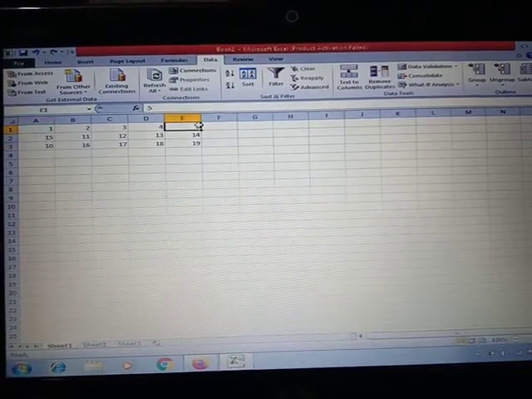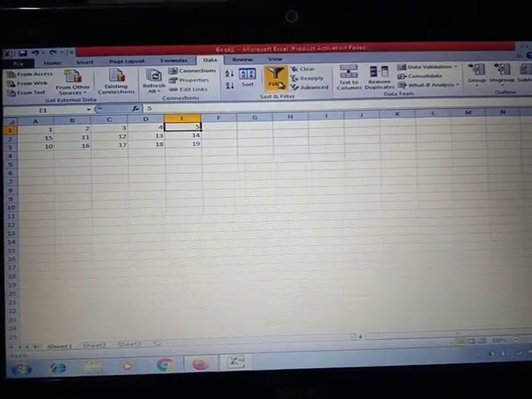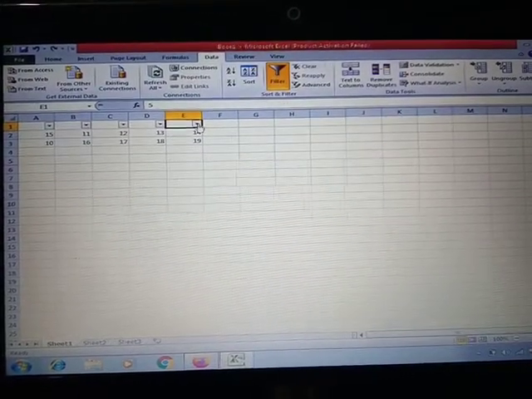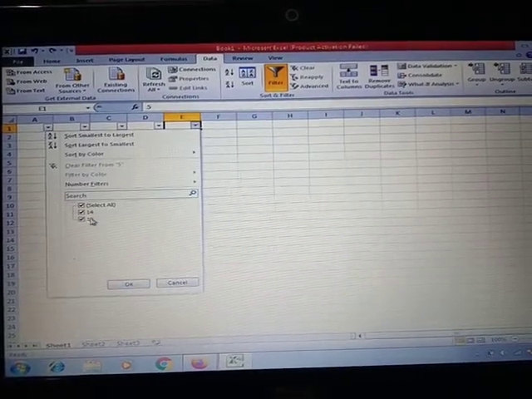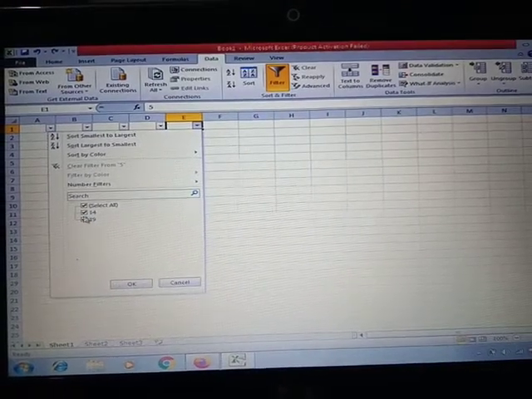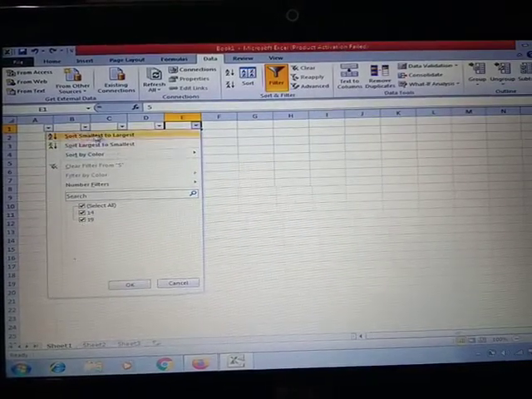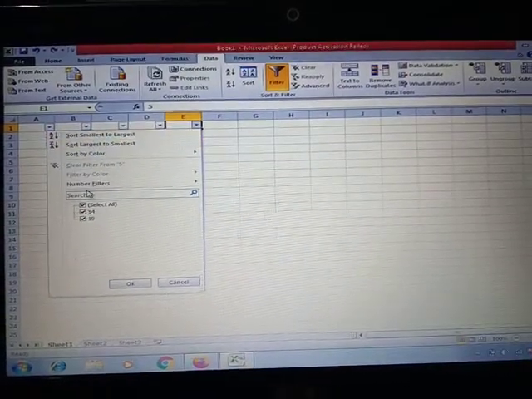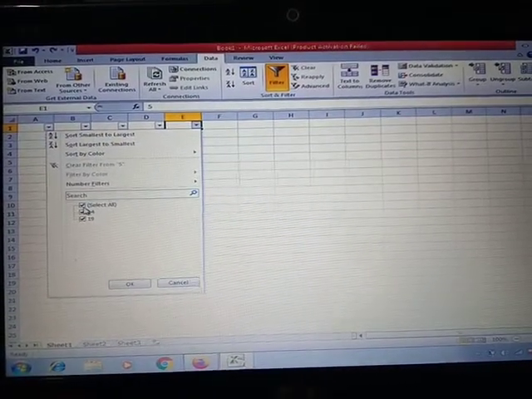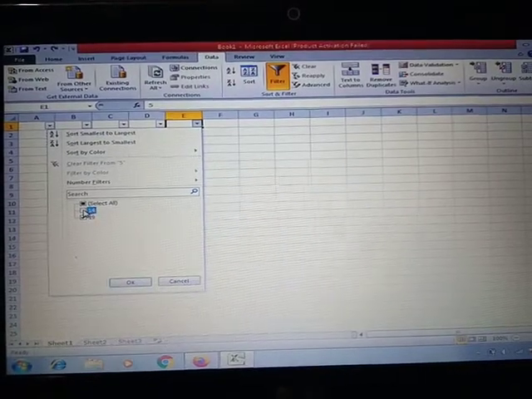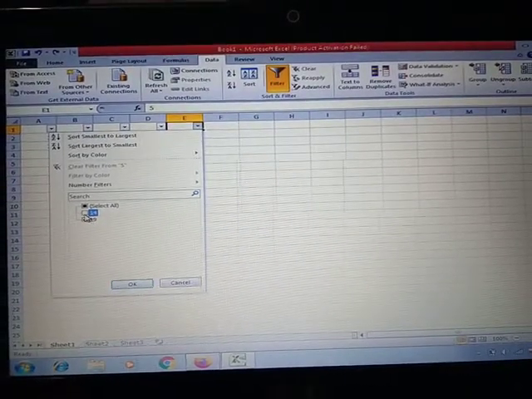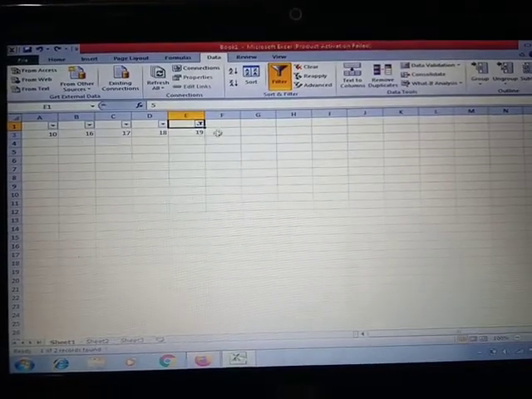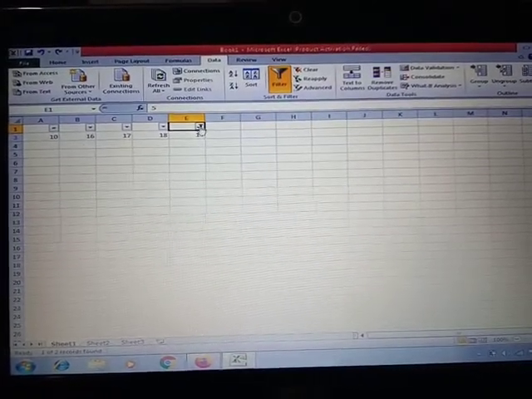Here we have one more option, filter. When we will click on filter, it will ask us to filter our data, and we can filter our data by choosing the checkbox. Here it is asking for the sorting also, or we can use the filter by clicking on the checkbox. If we will click on checkbox 14, it is unchecked, and by clicking on OK, we will see that that particular row disappear.